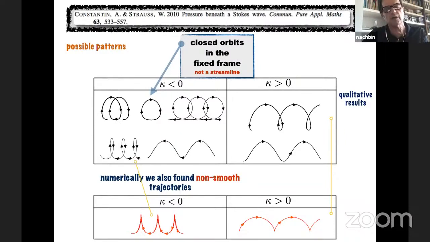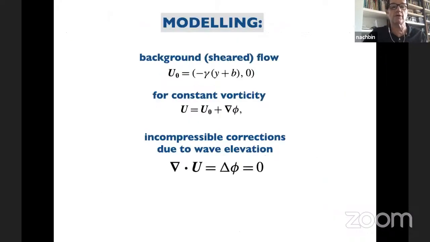And let me describe to you a little bit the formulation and show you some animations of the particle orbits, meaning what's happening beneath this nonlinear wave. So the essence of the modeling, which was already in the papers and other papers, and which we use particularly for the vorticity case, even though here I'm starting only with the irrotational case, is that you have the background flow that can be sheared in the case of vorticity, as I'm showing.